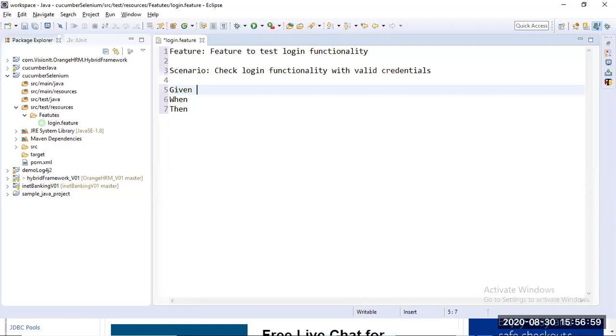So "Given" is what we will write here. The user should always be written as "user is on login page" like that. Prerequisites: I will write "user is on login page." Okay, so when user is on login page and